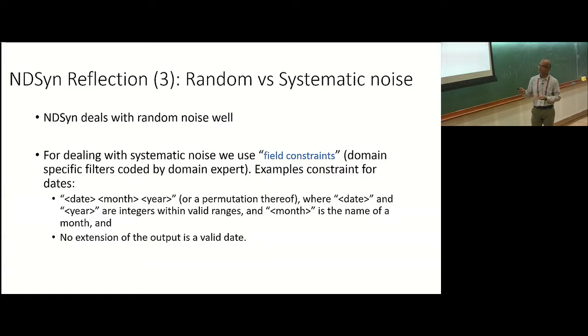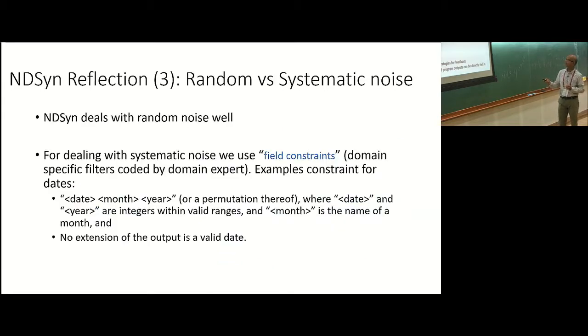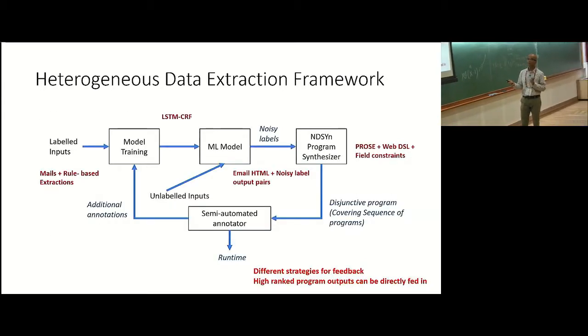The date has to be within a certain range, the month has to be within range, and so on. So what you could do is run those kinds of types on these labels, and then figure out which labels are correct and which are not. Then you can take these programs. Once you have these programs, you have something very interesting, which is that you now have two representations of the